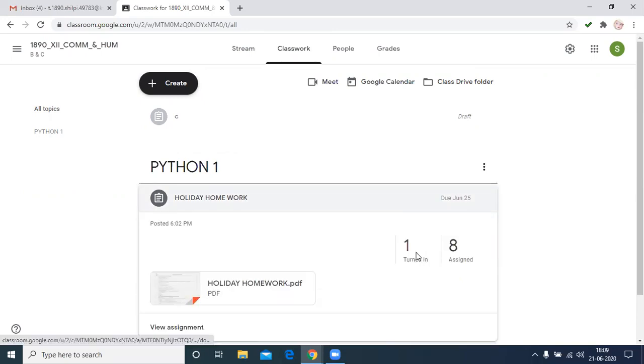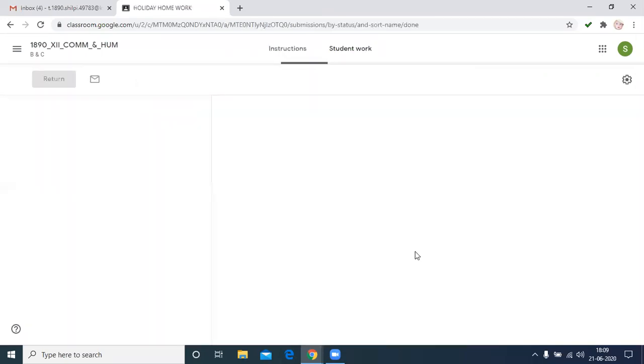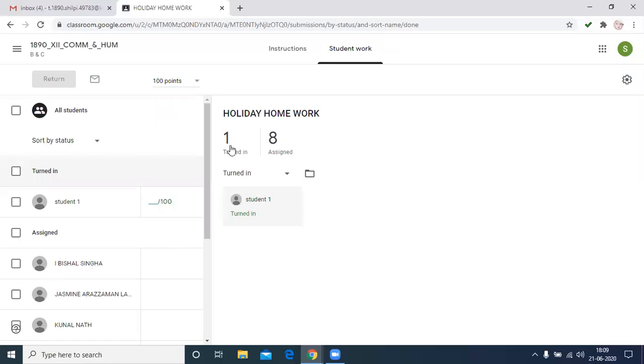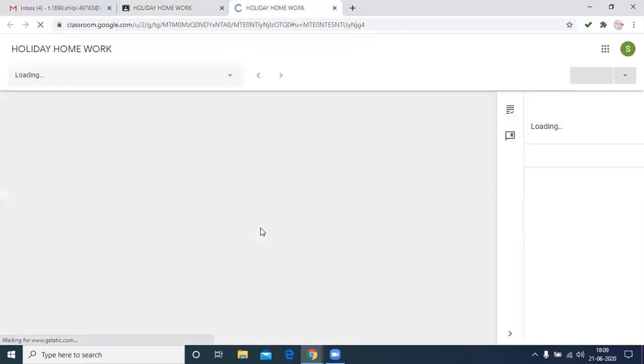Click here. Then we can check the assignment or holiday homework. This one is loading the holiday homework that is submitted by the student.